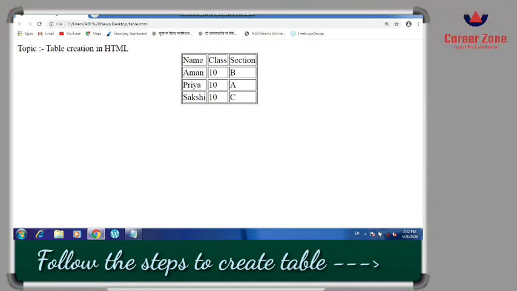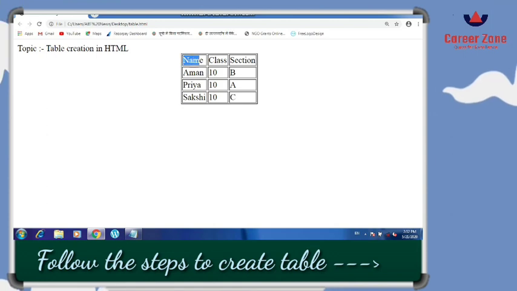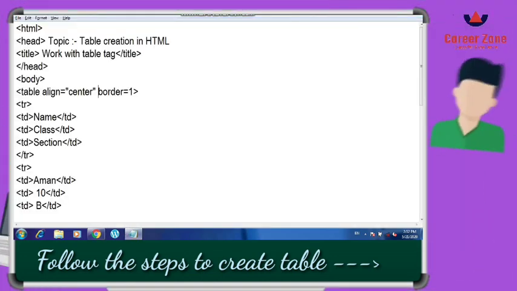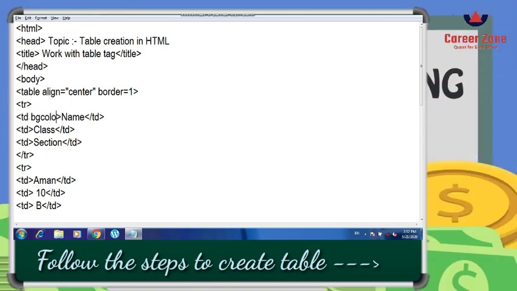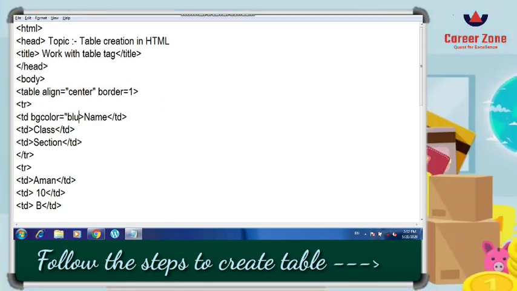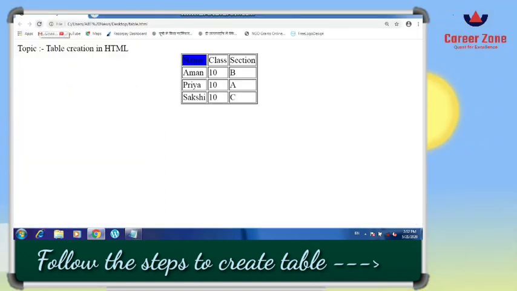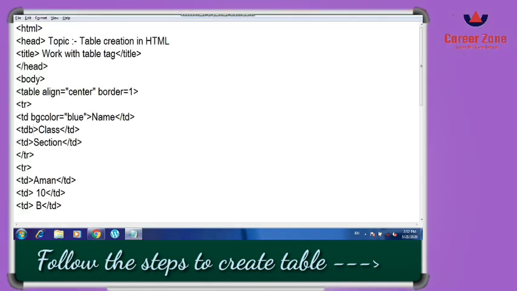Now we will be learning about the attributes. Suppose I want to add a background color to the headings which I have defined: name, class, section. So I have to define the bgcolor here. Bgcolor is equal to whatever color you want, you can define here, and you can save the file and execute it. If you want, you can repeat it.